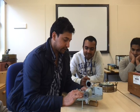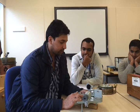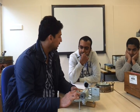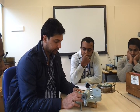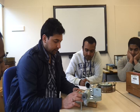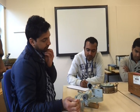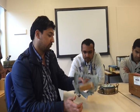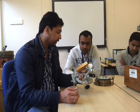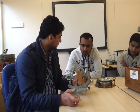Marine sextant. Okay, we will be using this instrument for taking the horizontal sextant angles between the terrestrial objects and a vertical sextant angle also from the heighted objects such as your lighthouse or anything. Okay, and it will be used for taking your celestial observations. Okay, so now it is a precision instrument. Okay, but still it is having some errors in it, so we need to correct those errors, and first we